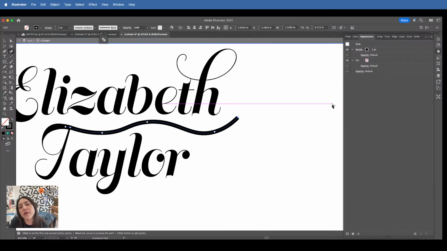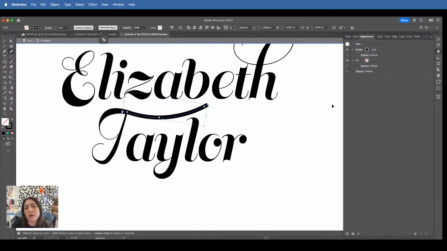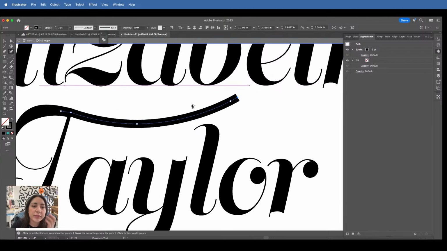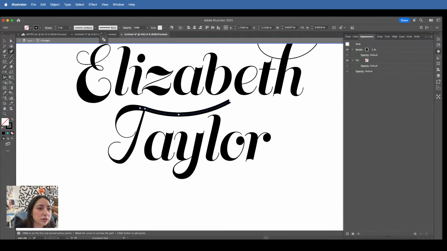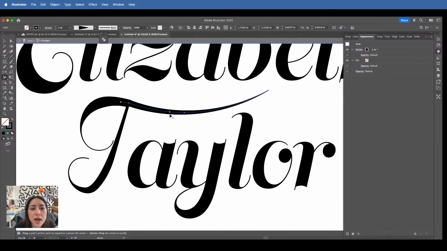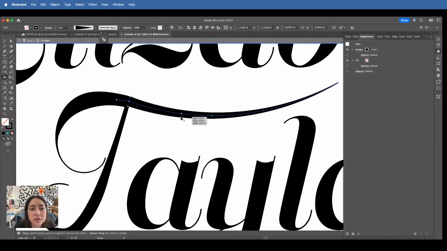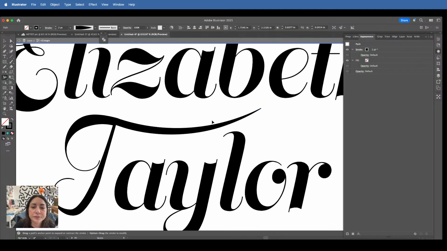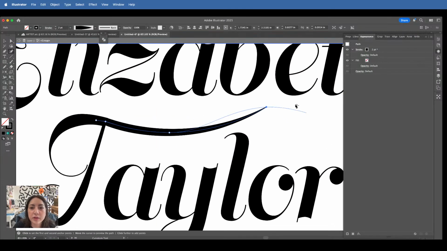Is there anything nautical about Elizabeth Taylor? Because I feel like this could be a nautical looking design. All right, whatever. I'm gonna just bring this in. I feel like what I'm doing right now is very similar to logo design, which is not something that I ever play around in. So forgive me. Forgive me for the sins I'm committing. The design sins.